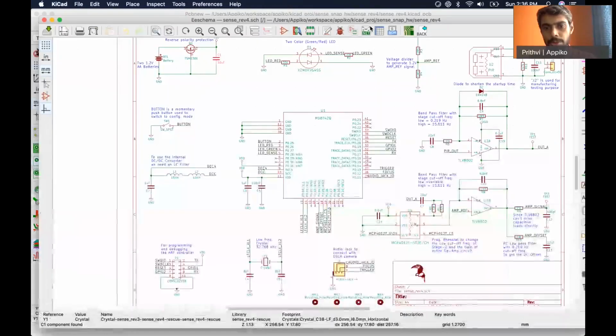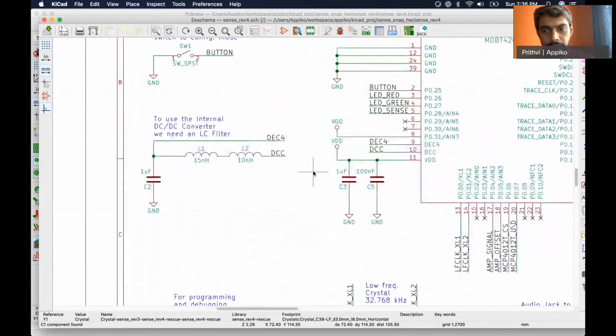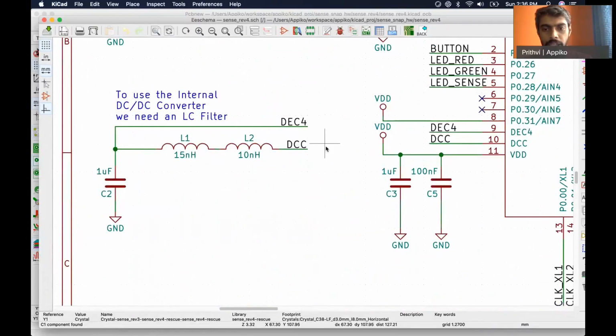The next thing you need to do with respect to the module is all the decoupling capacitors as well as the inductors needed for the internal switching regulator, the buck regulator. So they have two inductors in series, and then there is the decoupling capacitor.